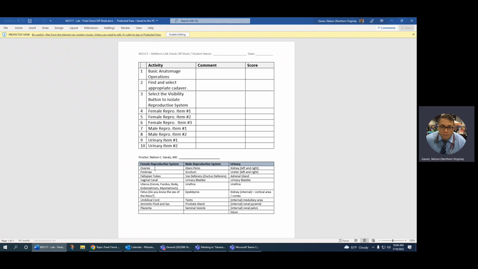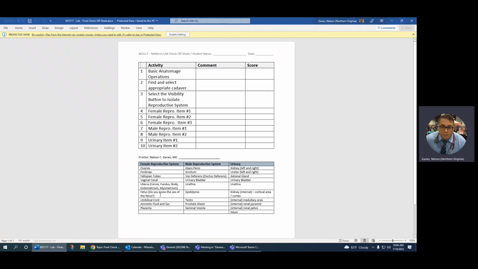Your ovaries, fimbriae, fallopian tubes, the vaginal canal, uterus. Be able to identify which part is the cervix, which part is the fundus, which is part of the body, which is the inner layer, the endometrium, and which is the muscular layer, the middle layer, myometrium. If you pick the proper cadaver, it'll be the physiology,